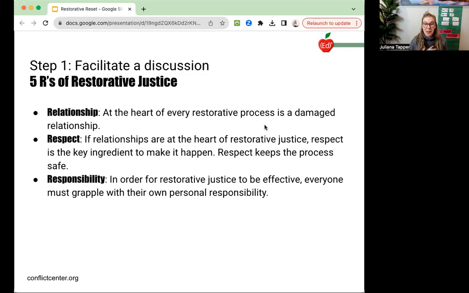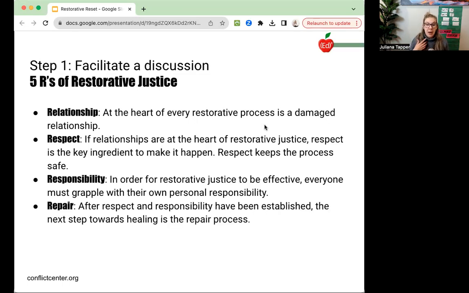Just because you are the adult and the teacher in this setting does not mean you are free from blame. What have you done that has added to this damaged relationship, right? We have to take accountability for our own actions. Were we not teaching math in a way that was helping our students? Were we not helping them feel welcome in this class? Were we not speaking up when students were laughing at each other when they were doing math? All of those things are our responsibility that we need to take personal responsibility for and share that with your kids.